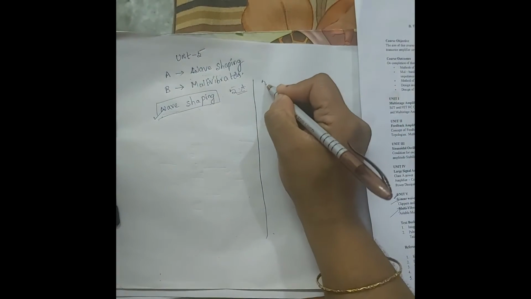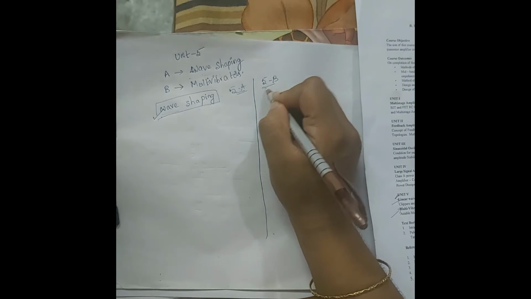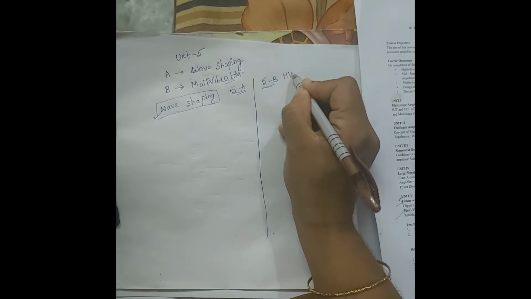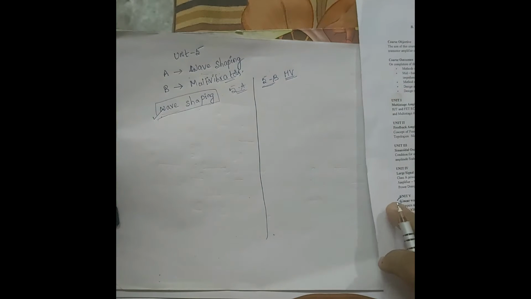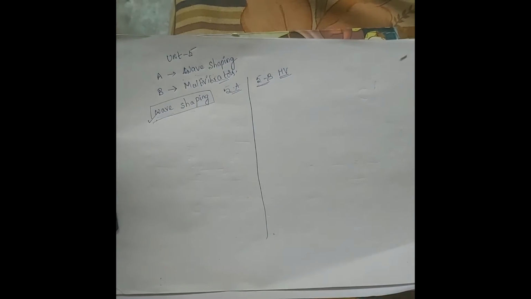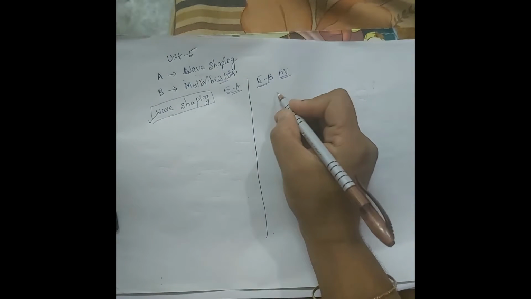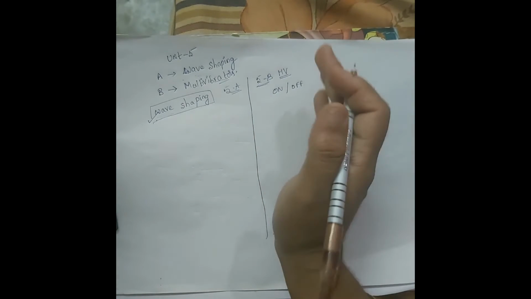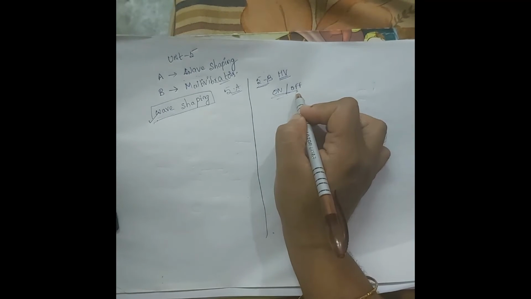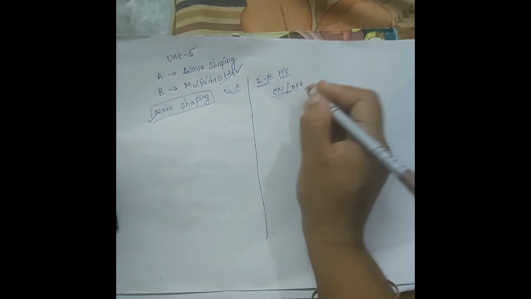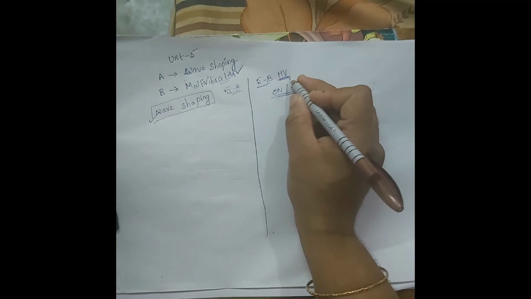Now come to unit 5 part B. What is unit 5 part B? Multivibrators. Vibration refers to a word called state. What is meant by state? Either on or off state. That means if any circuit vibrates in one or more states, that is referred to as a multivibrator, meaning one or more frequencies. At one or more frequencies, those are called multivibrators.